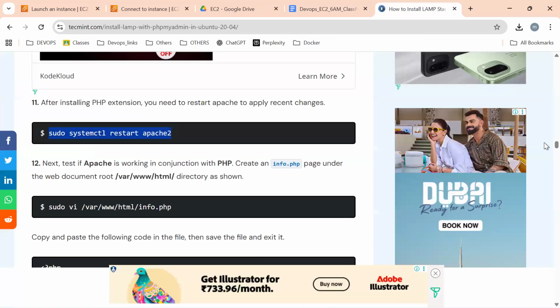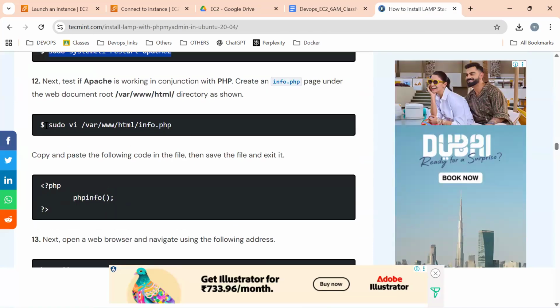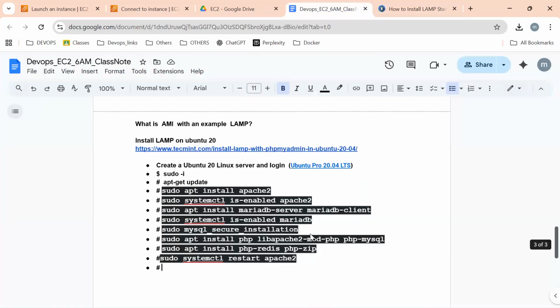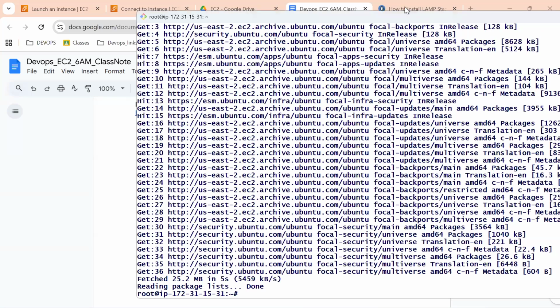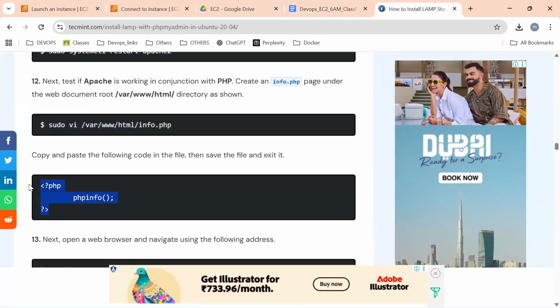Then let us configure the page. Please open this file and copy paste.